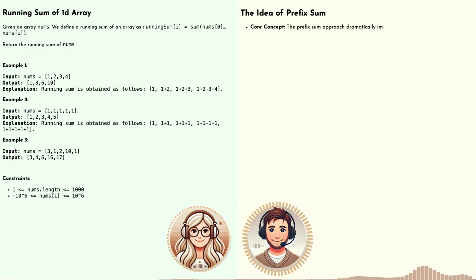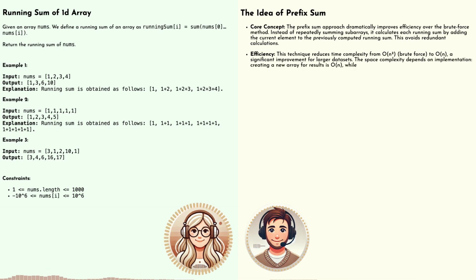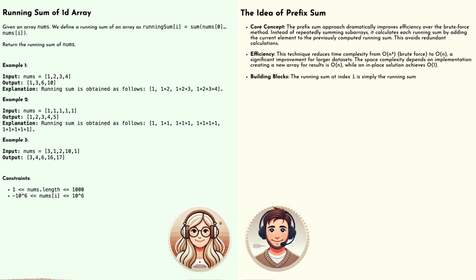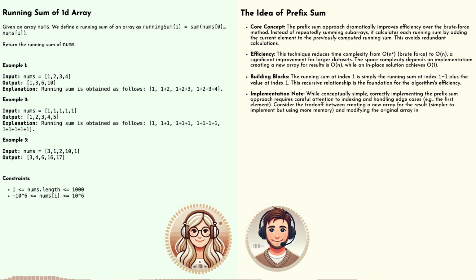Elegant. That sounds more like it. So how do we get to this more sophisticated solution? What's the key insight we need? Well, think about how each running sum builds on the previous one. Maybe there's a way to use that to our advantage. Yeah. Instead of starting from scratch each time, we could maybe store the sums we've already calculated. Now you're thinking. That's the spark that leads us to more efficient approaches, which we'll explore in the next part